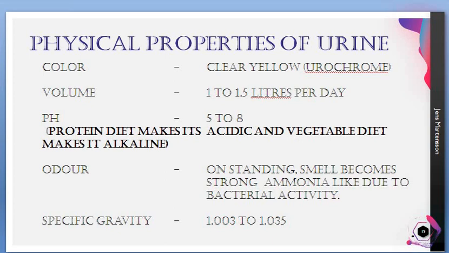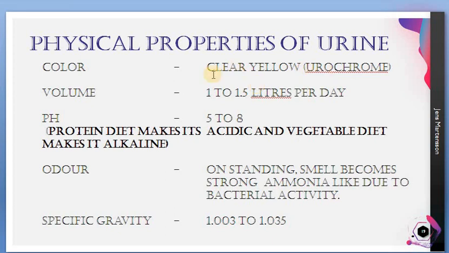So this is a typical one. This is the normal thing we are expecting. It may vary, and all the variations are not leading to trouble. Some of the variations are troublesome, not all the variations. Sometimes, in case of clear yellow, if it is white in color, if it is too liquid, no problem, the person is drinking too much water. Not all changes lead into troubles. Okay, so you just understand that.